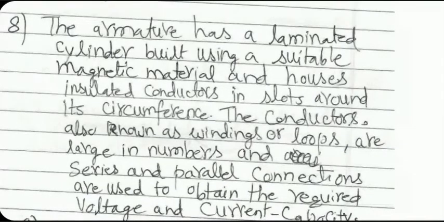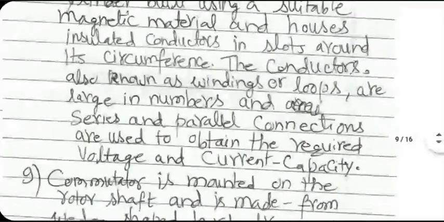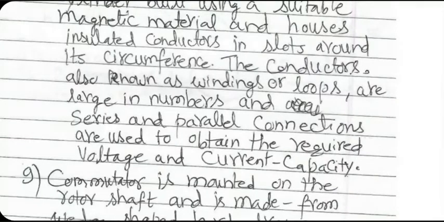And they are generally large in numbers, obviously. There's a lot of detail in terms of how these conductors are connected to each other. Some of them could be in series with each other to improve the voltage generated. Some of them may be in parallel with each other to improve the current carrying capacity of the system, and so on. Right now, ignore the details.